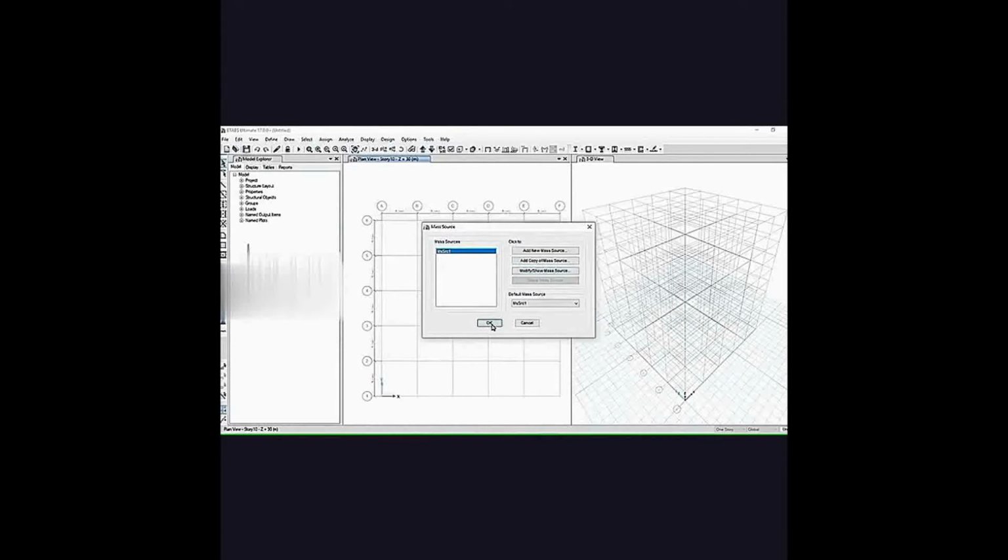Here I am adding the mass source to the building. I know the left side of the window is not visible as the laptop screen is not in good condition. Sorry for that.